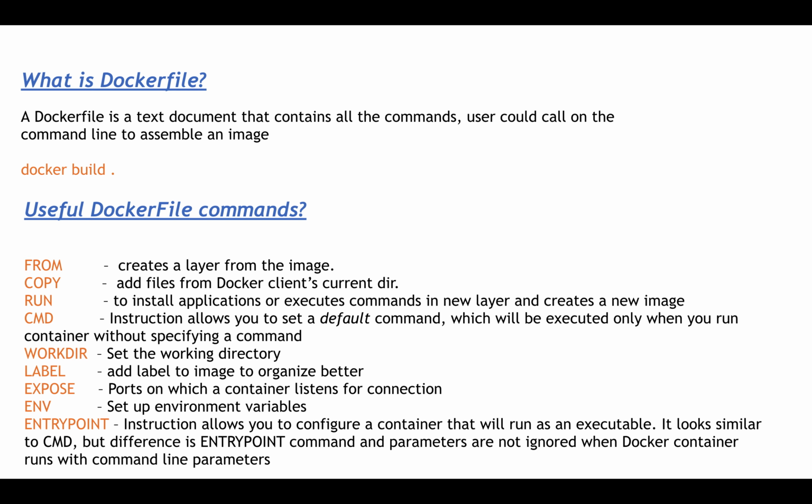We'll see that later. And WORKDIR, you can set some specific directory as your working directory where your source code is located. You can set that as a work directory. And LABEL gives a flexibility. You can label that particular image so you can better organize. Instead of having some random name, you can give your own name so that you would be able to organize better. And EXPOSE, ports on which a container listens for connections. This is self-explanatory, on what ports that particular container listens, you are going to provide at the EXPOSE.